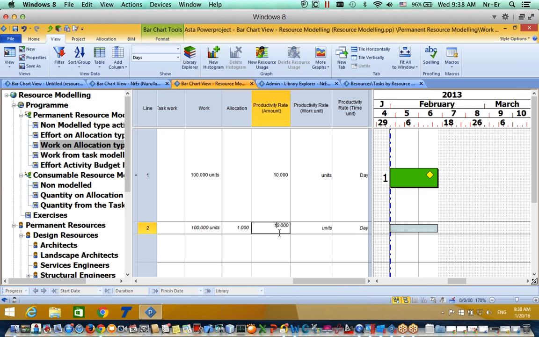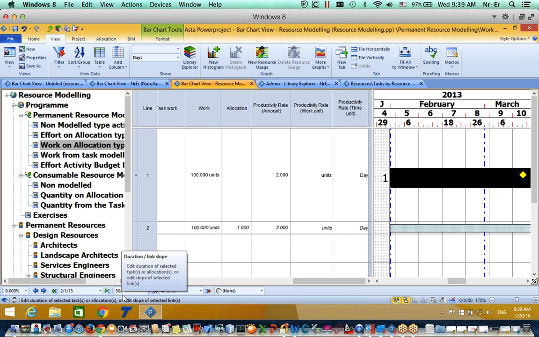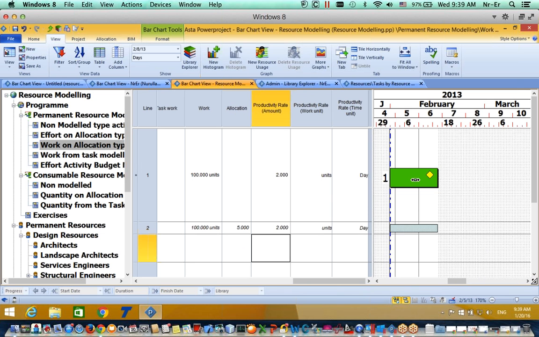Let's say my architect can draw 2 doors in an hour, and the system automatically calculates for me the duration. You see, this is going to be 50 days, and if I say that I have not one architect but 5 architects, the system calculates